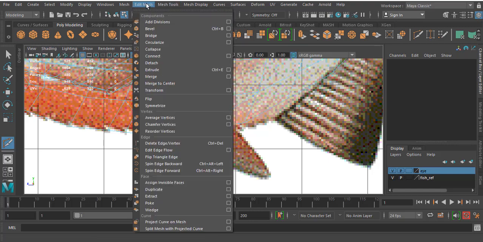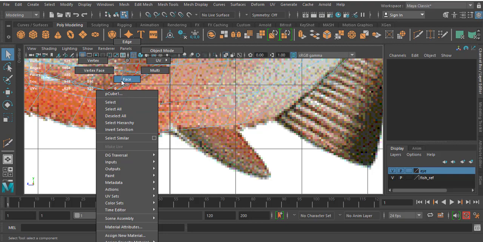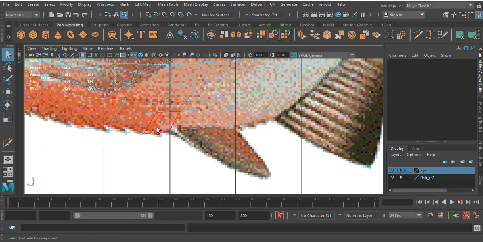Select the face. Oh my god, face. I'm sorry.